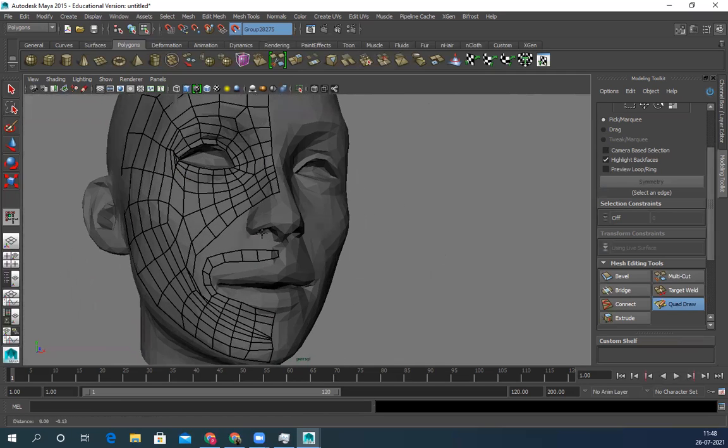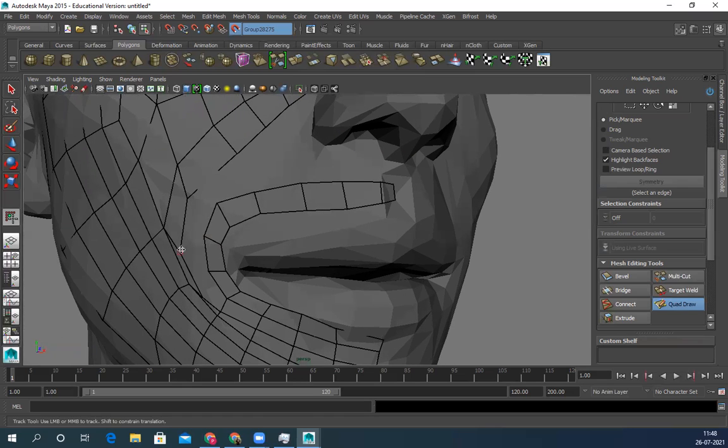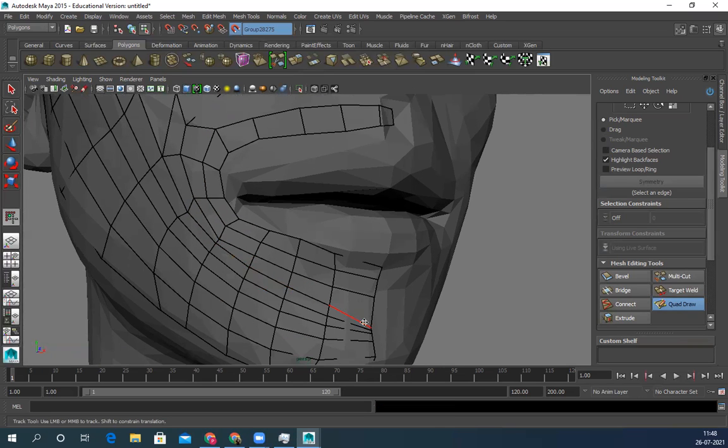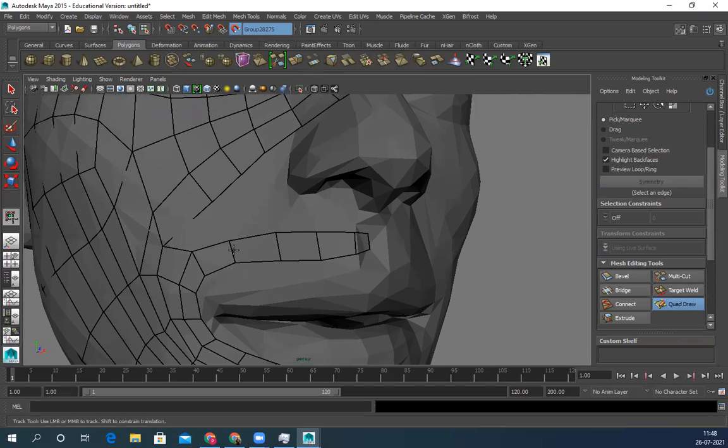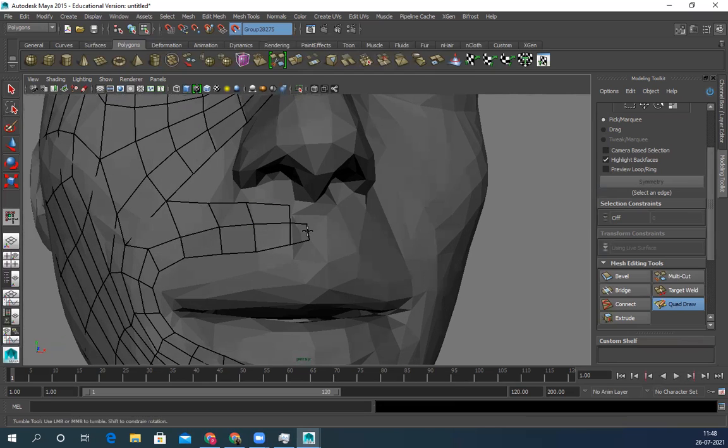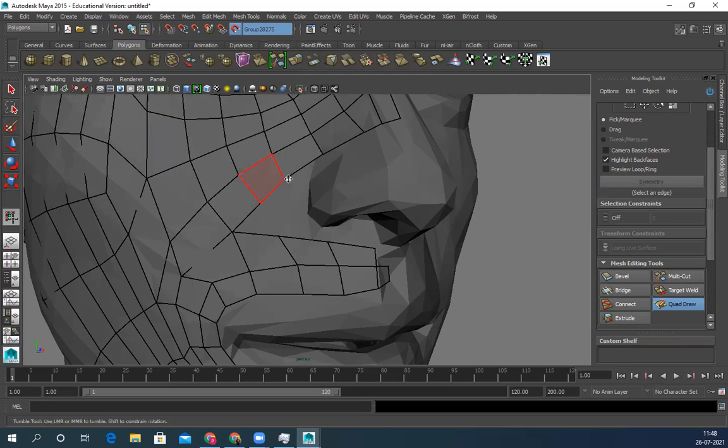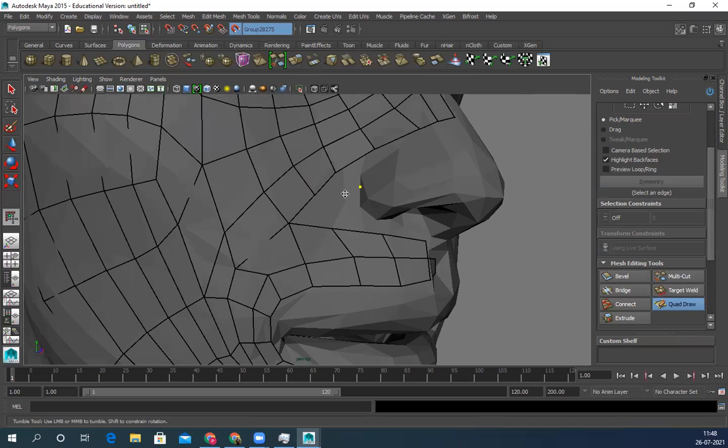So I'll create this, and now in between all these loops also have to connect. Again, I have to separate this from here. Quad.